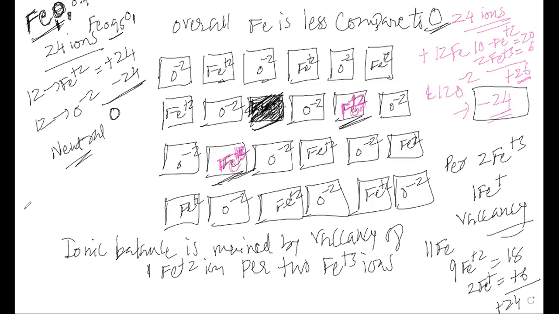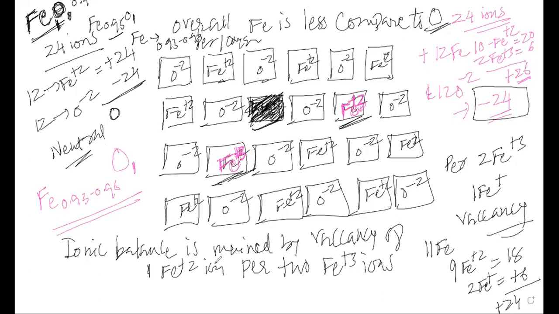The proportion of Fe per 1 O ranges from 0.93 to 0.96. So now the new formula, if we want to write for FeO, we can write Fe0.93 to 0.96 O1. This is the new formula we can write. So this is what it is. The stoichiometry of the compound has been disturbed, and that is why this kind of impurities or defects are known as the non-stoichiometric defects.